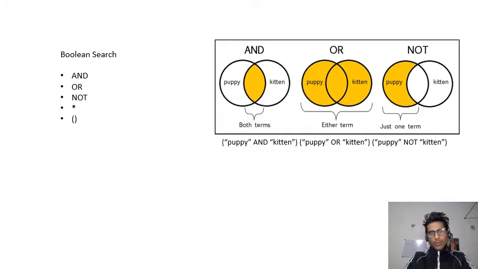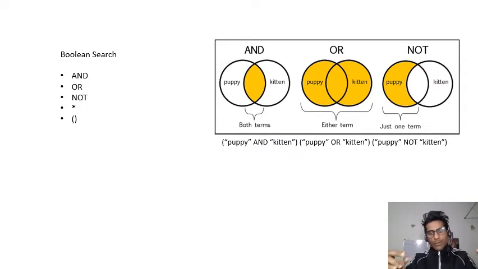We are going to learn about Boolean search. We use AND, OR, NOT, the exclamatory sign, and brackets, and here is one example. If we want puppy and kitten, we will use these brackets and between them, like you can see below the image, and always use whatever you're finding in double